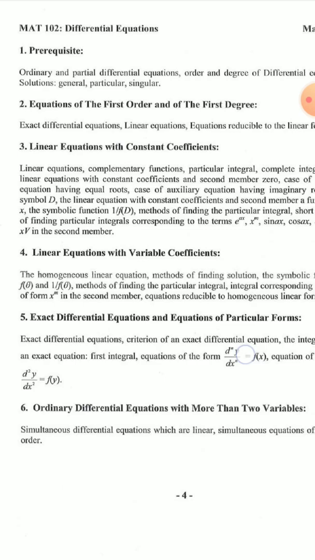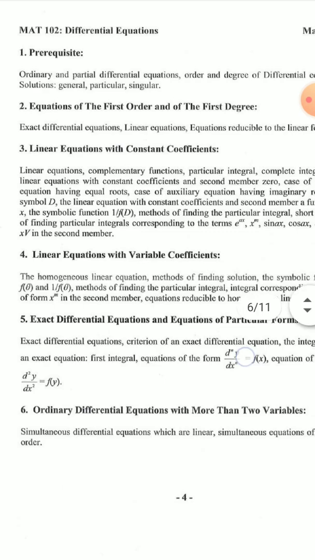The first method or best method to solve the differential equation is variable separable form, which you have already studied. Then homogeneous equation, non-homogeneous equation, exact differential equation, linear differential equation, equation reducible to the linear form. The variable separable form, homogeneous equation and non-homogeneous equation are not included in your syllabus. We have to study only exact differential equation, linear equation and equations reducible to the linear form in this chapter.